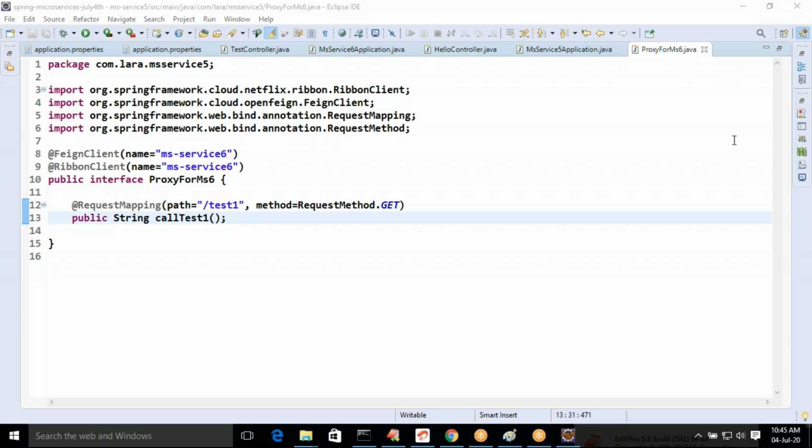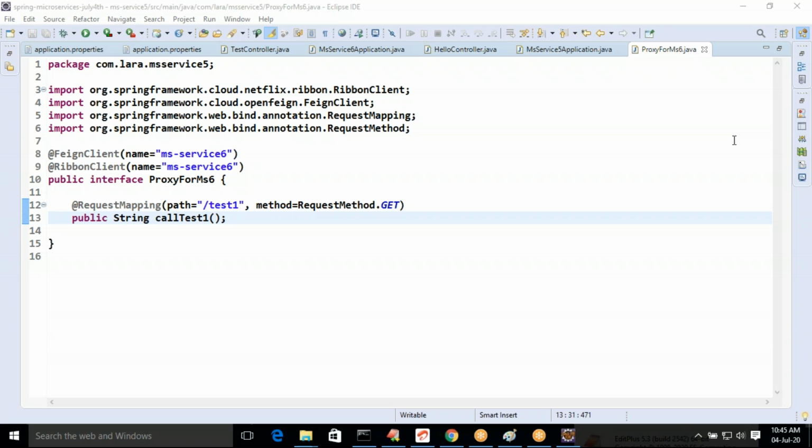Here ribbon cannot know which instances of MS Service 6 are available. You need to specify explicitly which instances of MS Service 6 are available. Observe this point.